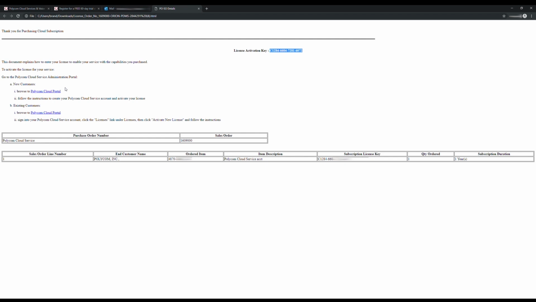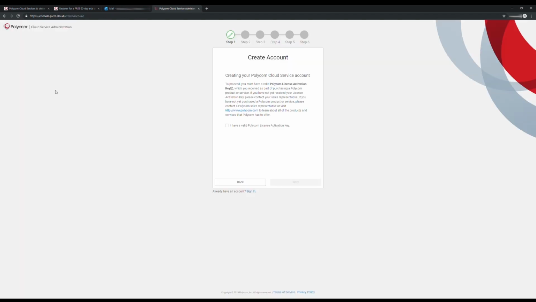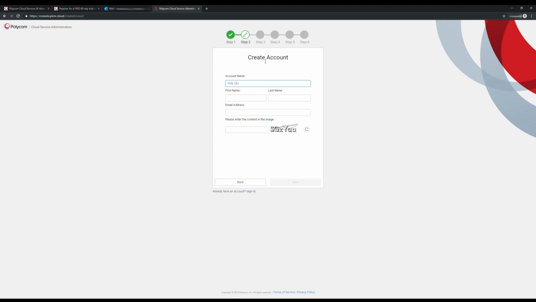And then going through the options, as we are a new customer, we'll go ahead and click in to open up a new account. From this page, we will follow the instructions through each step to create our account. It's important to use the email address that the account license was sent to for this field. Now that we've created our account, we are going to be looking for an email to confirm.